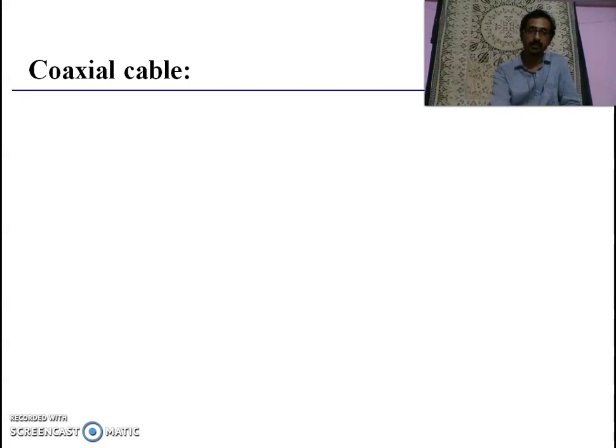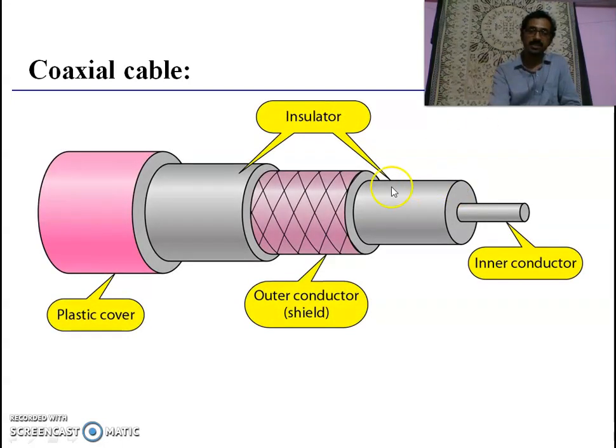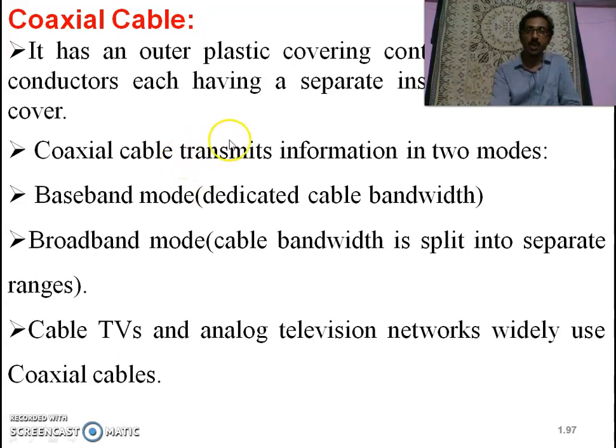And next cable is the coaxial cable. This is the diagram representation of coaxial cable. In this we have two conductors. One is the inner conductor. One is the outer conductor. These two conductors are separated by the insulators. So this is the diagram representation, and it has an outer plastic covering containing two parallel conductors, each having a separate